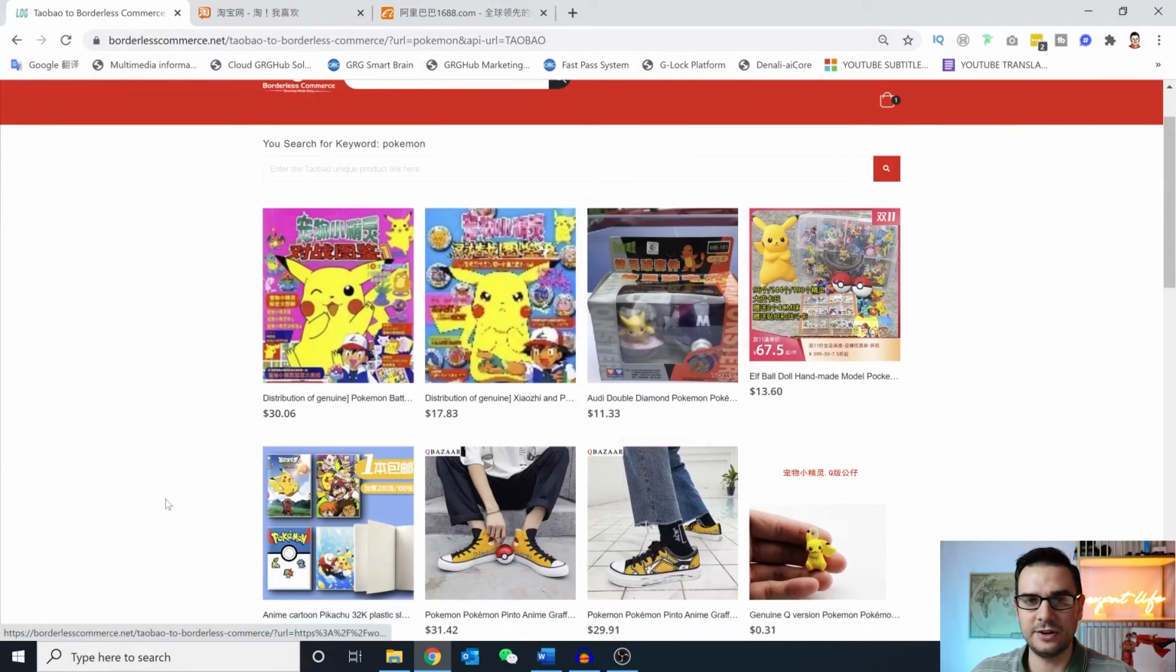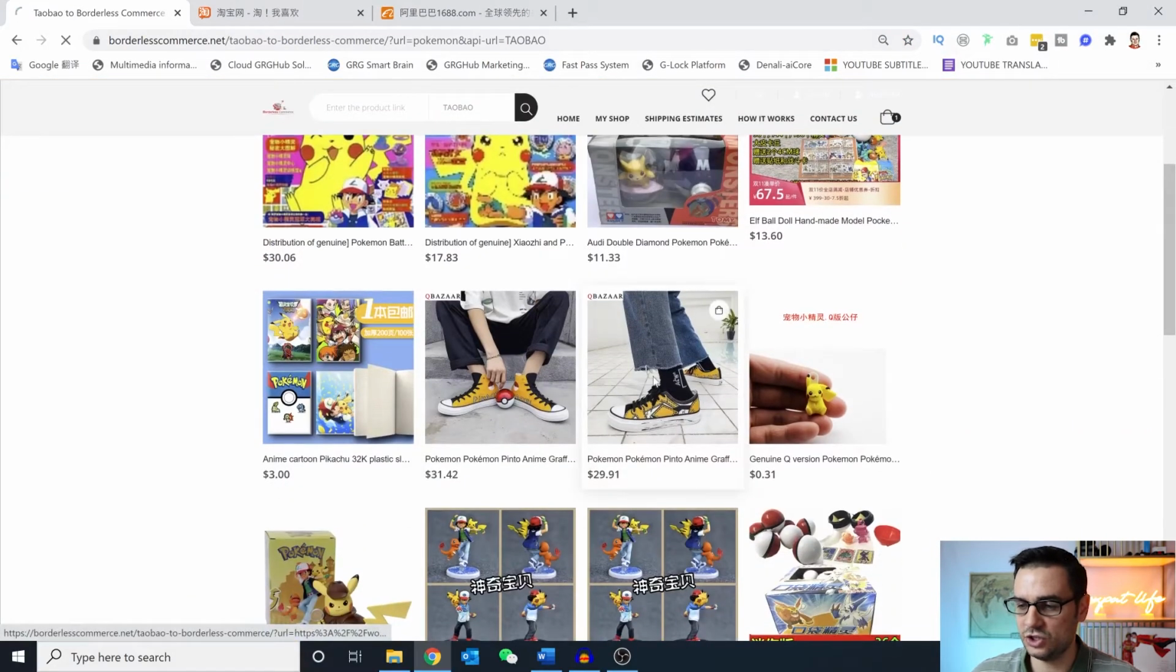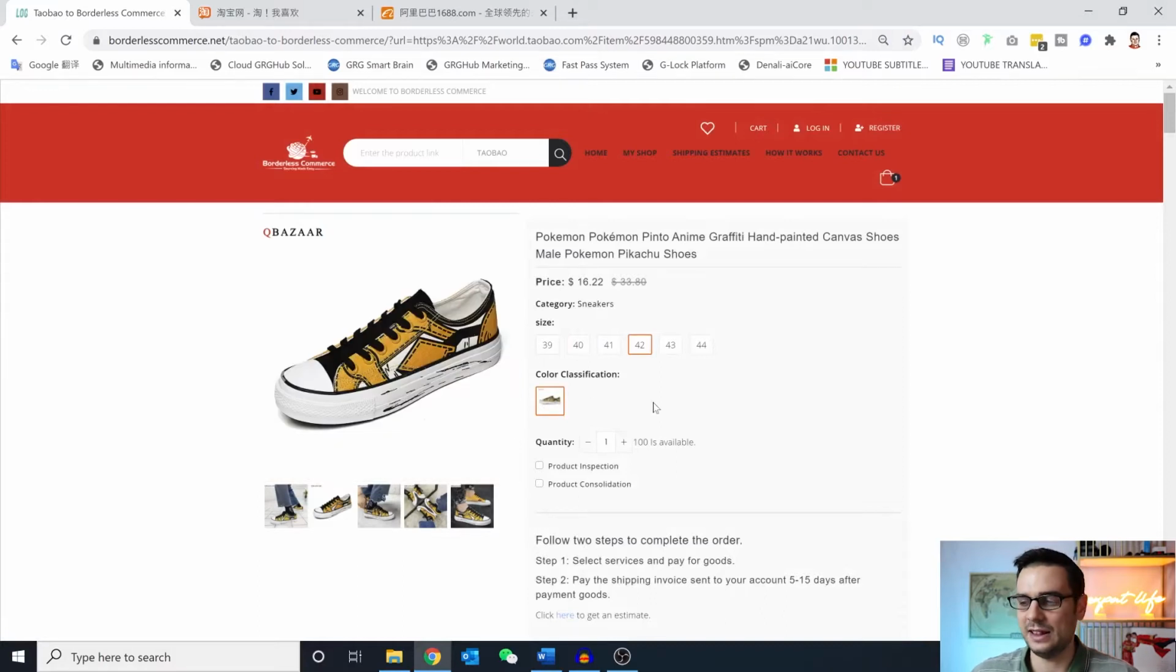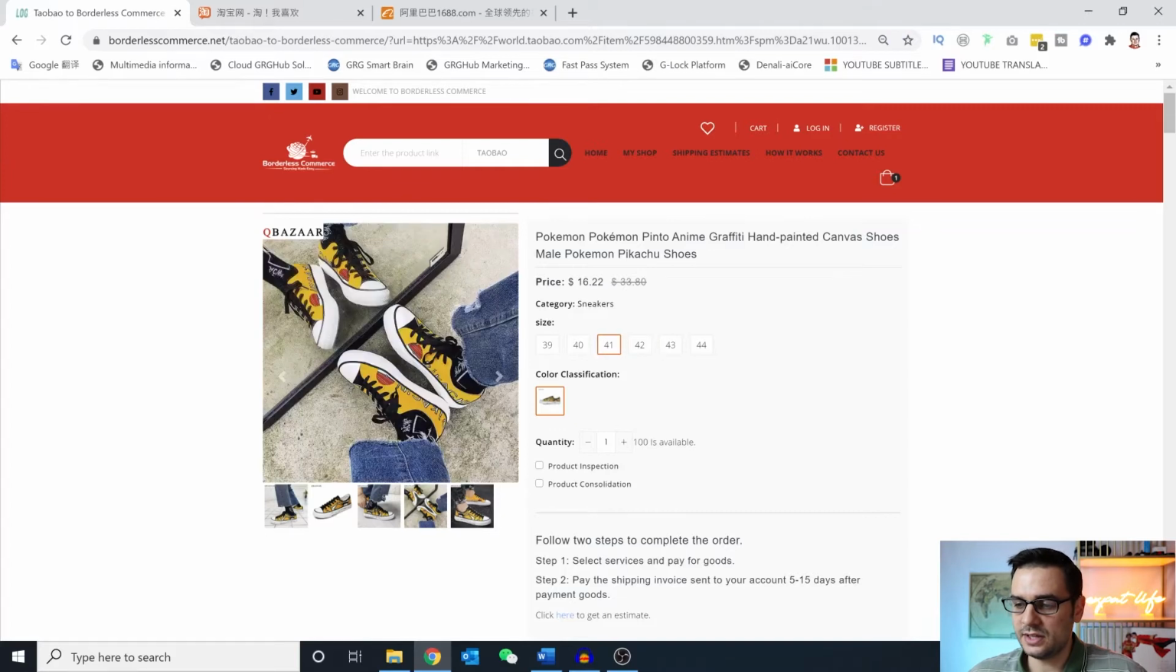You can see here there's different kinds of products. I want to look at these shoes. And you can see it shows you the different sizes of shoes and different colors. If it's a different product, it may have a lot more colors and a lot more sizes, and I can choose a quantity. Now, before you order, you can see the pricing right here in USD, and you can also